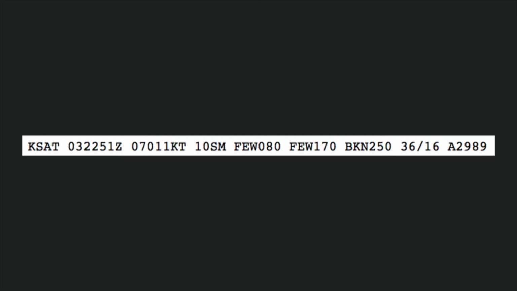You start to learn how to read things like this, which is called a METAR, which is what pilots are reading when they're sitting in the cockpit and they're doing their pilot voice, talking about the weather with you when you're flying somewhere. We read those as drone pilots as well, so you get to know what all this stuff means.